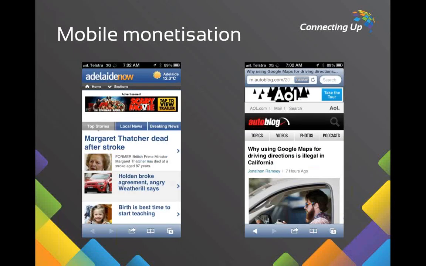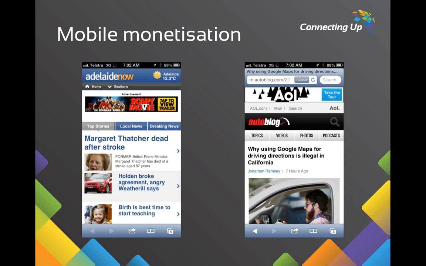So one of the things here is monetisation of mobile. If you're selling an app, it's really easy to monetize. You sell your app for 99 cents, $2.99, whatever it might be, and you get 70% of that if it's Apple's App Store, and that 70% can go straight back to your not-for-profit. Whether that funds future developments on the app, that's beside the point, but the functionality is there. But if you have a website, you can't really charge people to go to your website. Well, you can have subscriptions. That's one way of doing it.